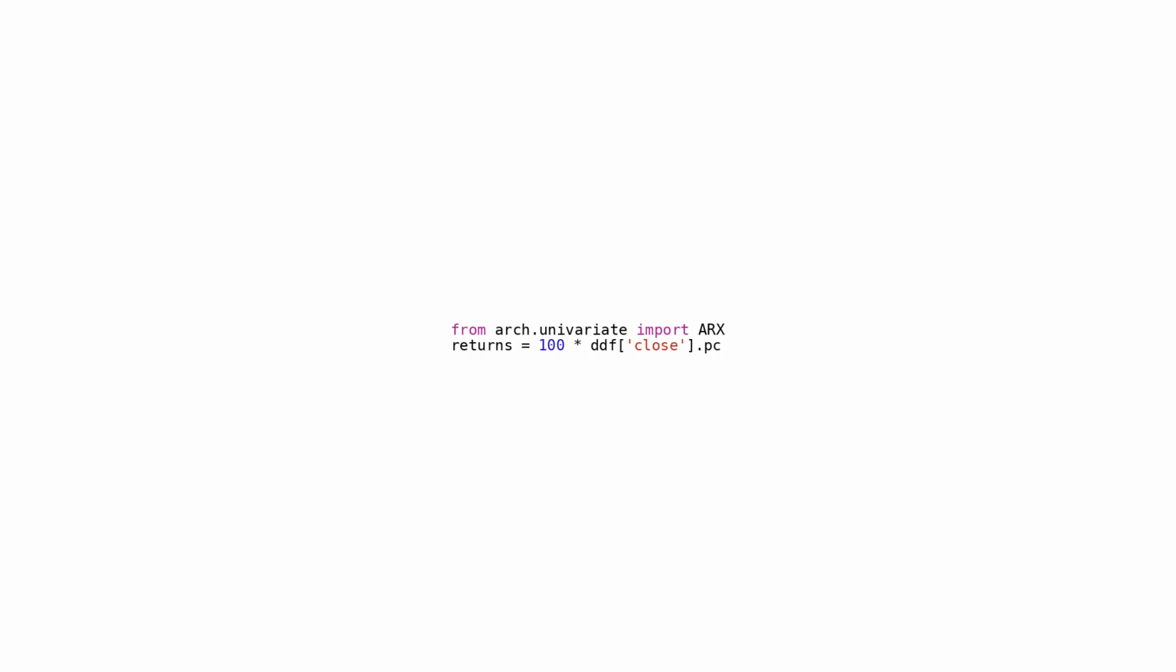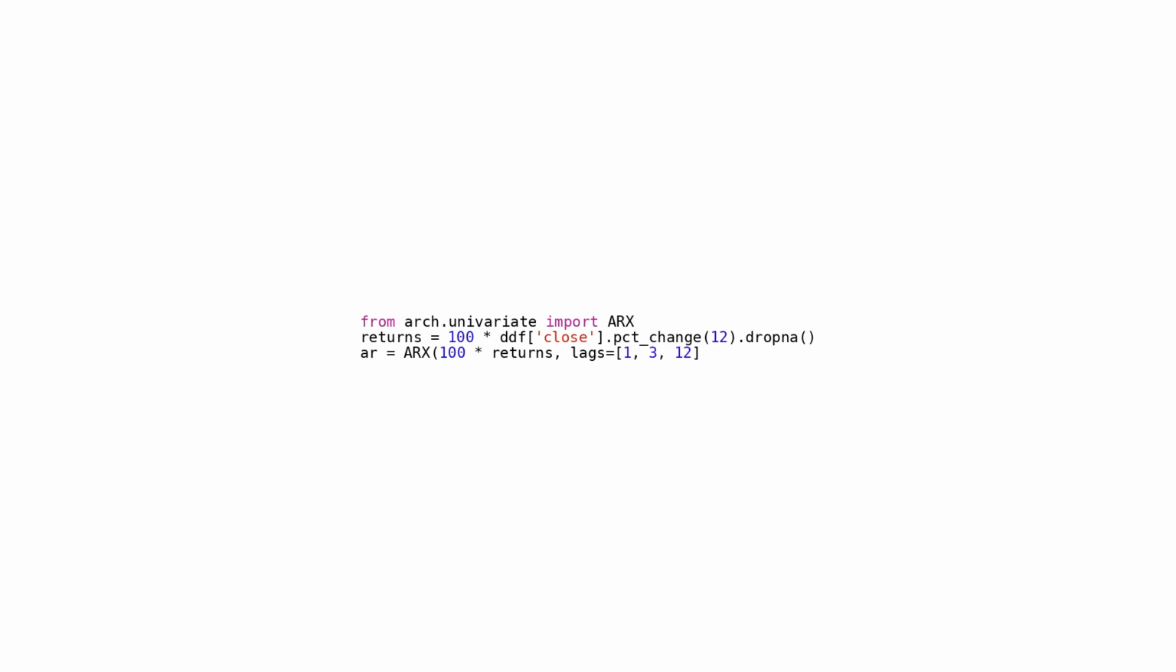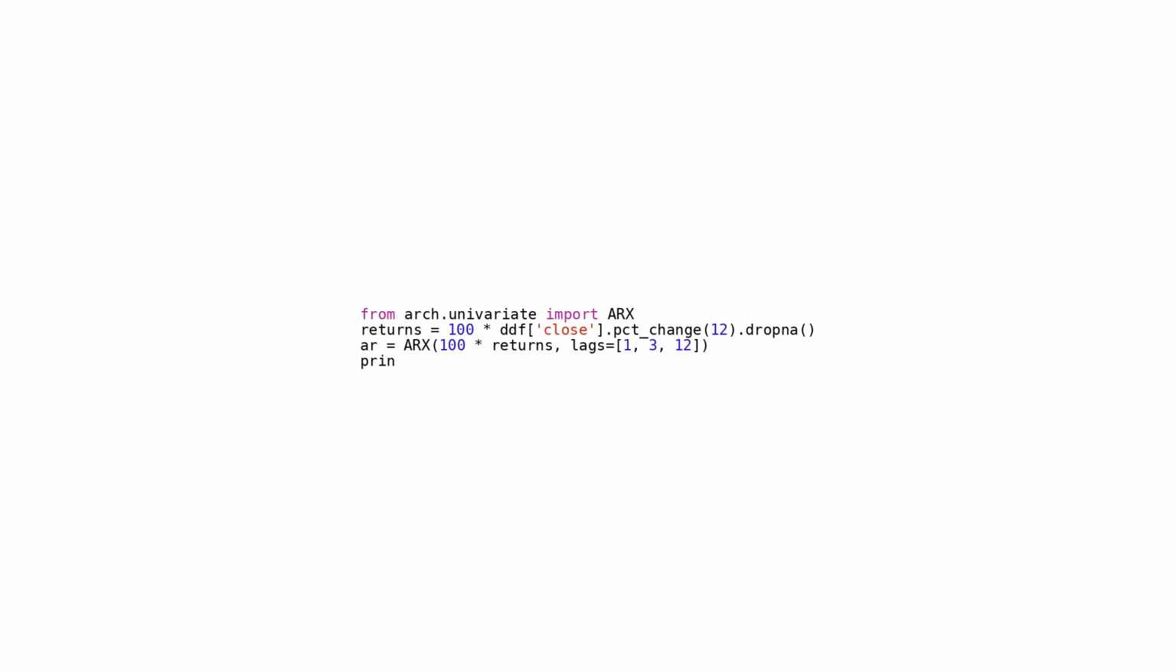2. Construct an ARX, autoregressive model with exogenous inputs, model object with lag values of 1, 3, and 12. Autoregressive models forecast future values based on past values in the sequence. 3. Fit the model to the returns data using the .fit method to estimate the model parameters based on the provided data. 4. Display a summary of the model using the summary method, showcasing crucial details like parameter estimates, standard